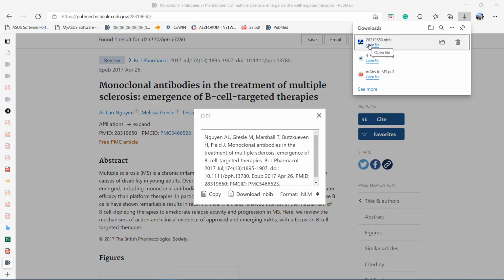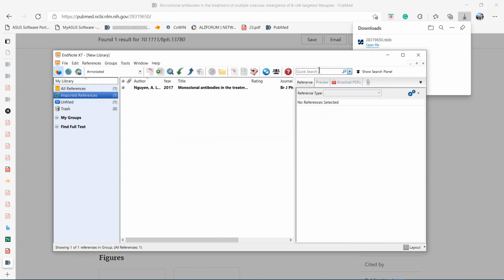After downloading the citation, you click on the citation, and your reference will be imported to the library you created.